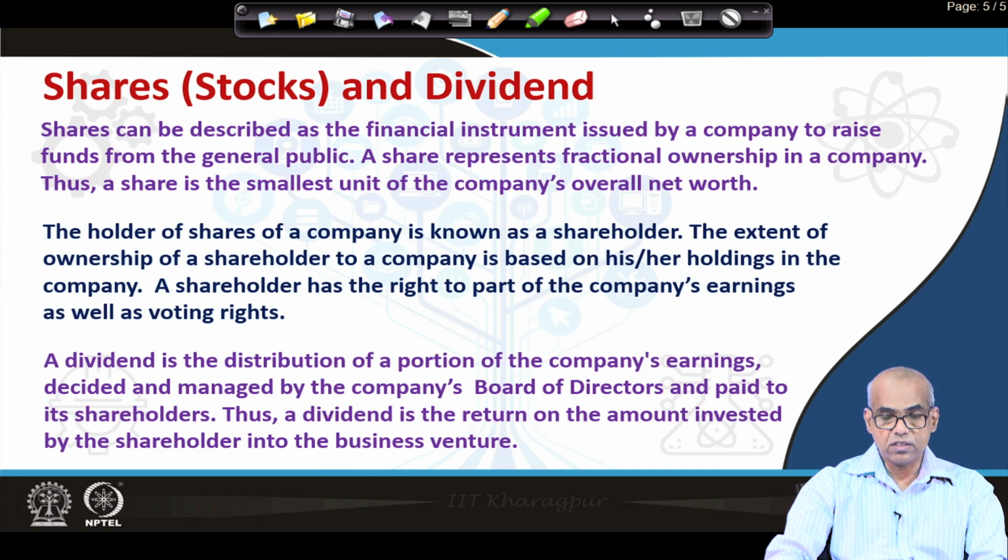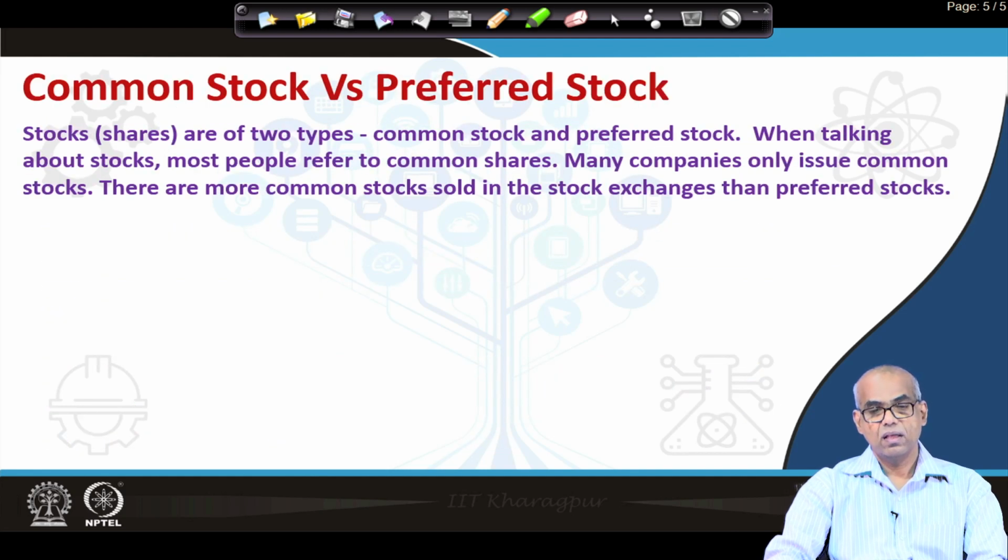A dividend is the distribution of a portion of the company's earnings, decided and managed by the company's board of directors and paid to its shareholders. Thus, a dividend is the return on the amount invested by the shareholder into the business venture. Now,